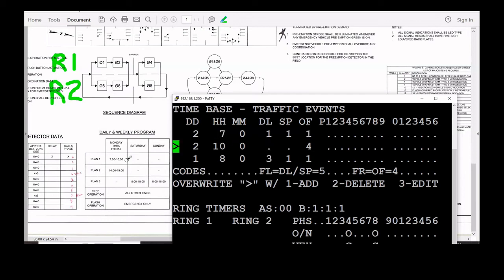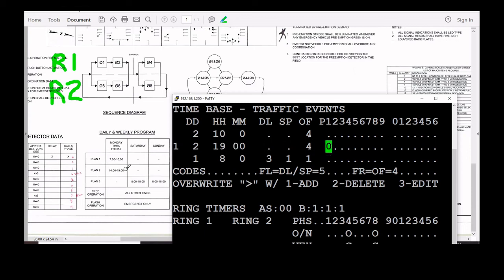So you notice it keeps writing over itself and then it adds it in, writes over and adds it in. All right, now I gotta add plan 2, which comes on at 1400. So again, 1 for add, arrow over, 1400, and we do 211, enter. And then we'll shut it off at 1900. 1 for add, day 2 is fine, 1900,